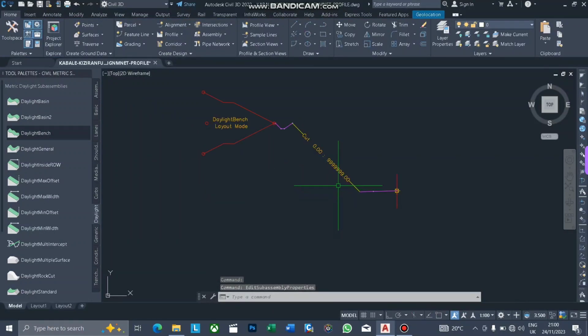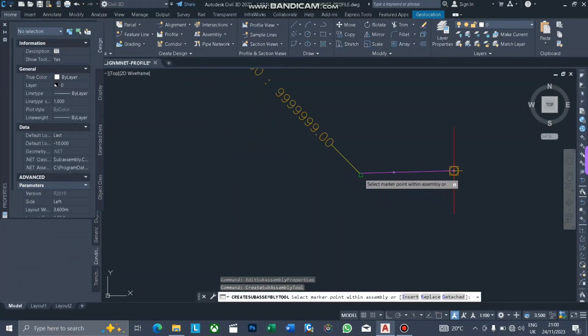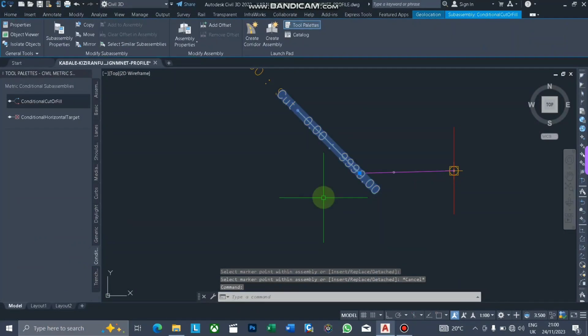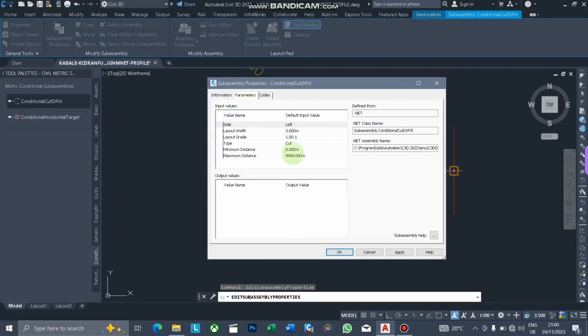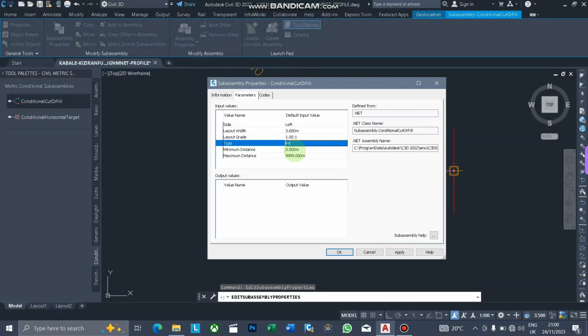Then I'll fix another conditional subassembly for the fill section. And I'll go to subassembly properties and then I'll say I want it in fill, then OK. The maximum fill, then what do I do? This is it. This is literally, we can also